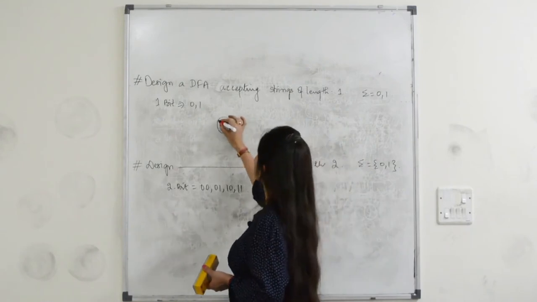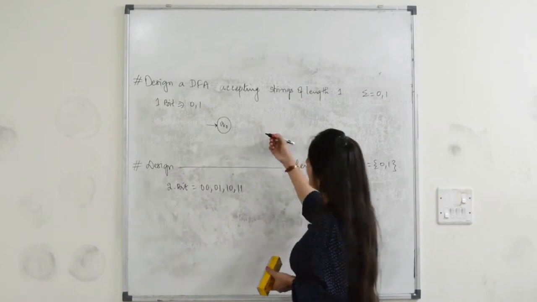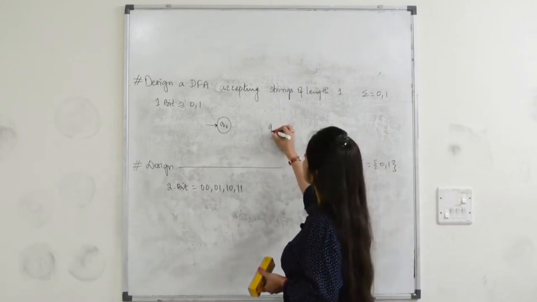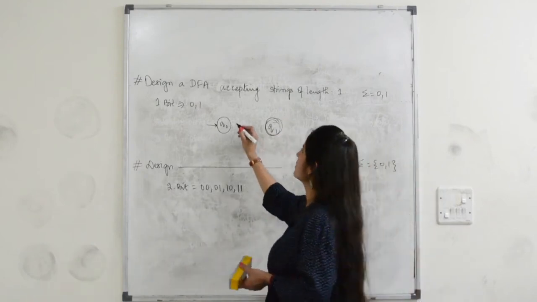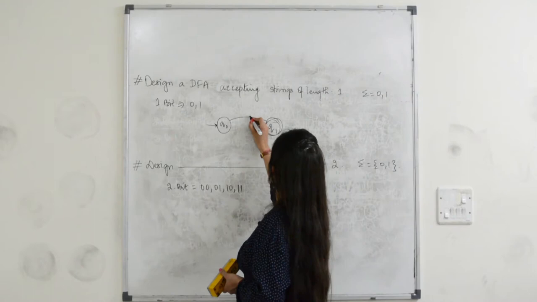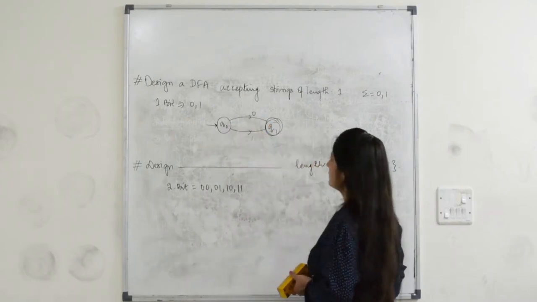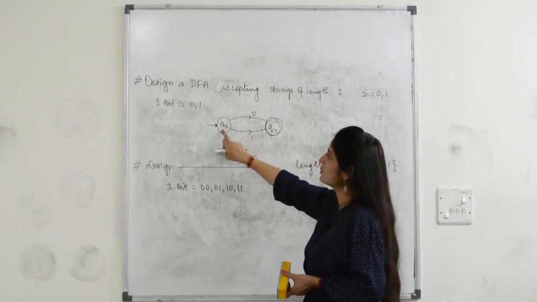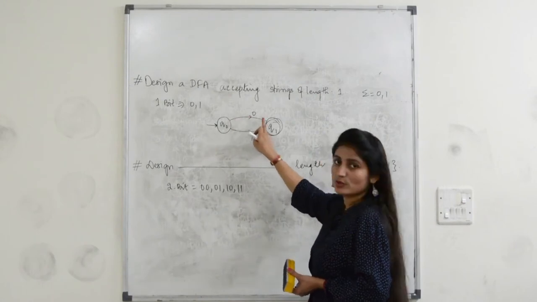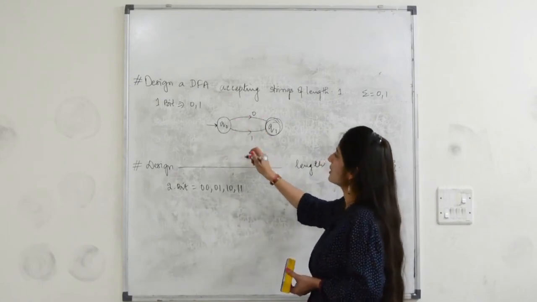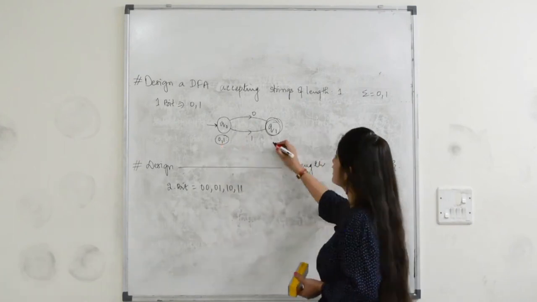So 1 will be your initial state, represented with Q0 and put in an arrow. Then we'll have a final state, that is Q1, represented by a concentric circle. Now just input your 0 as well as your 1. So if you start from Q0, you reach Q1. If you follow this transition, you will accept 0, and if you follow this transition, you will accept 1. So for this state, I have made the transitions for both 0 and 1, and I am left with this